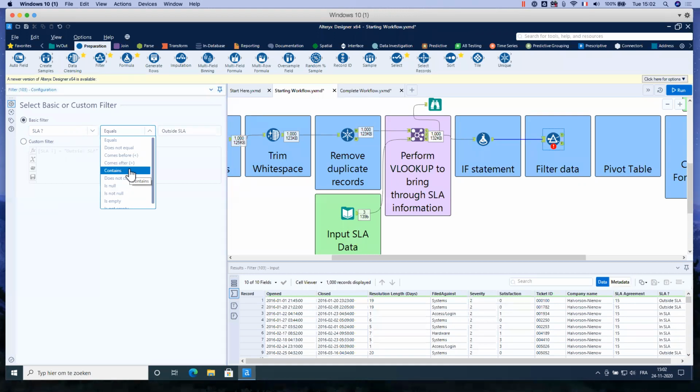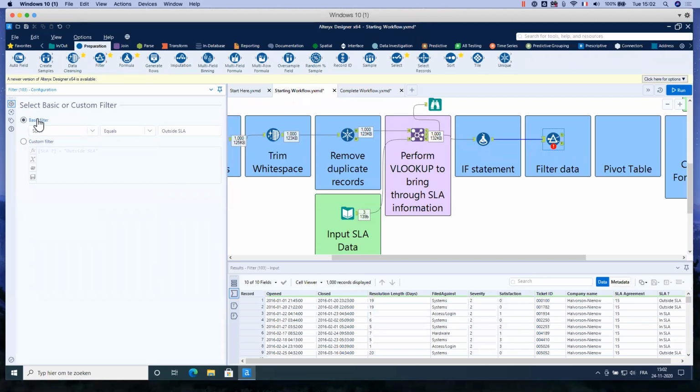I use contains more, because sometimes you are not sure of all of the words in it. If you have multiple words, you can use contains. You also have is null, is not null, is empty, is not empty, which are very useful to remove these rows. So here it will be equals outside SLA.